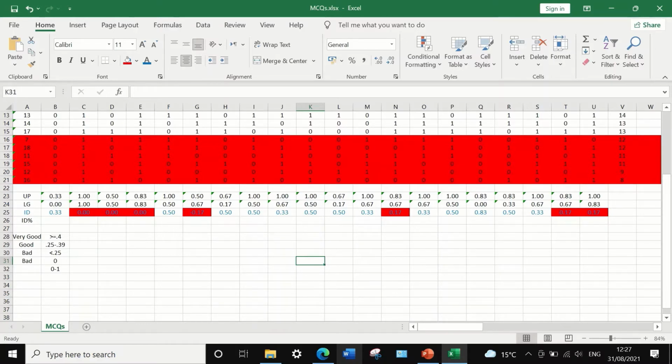So this is the way to do an item discrimination analysis in Excel. First you have to calculate the overall score, arrange the overall scores in ranks from high to low, and then group the students into upper and lower groups and calculate the proportion in each group, and then determine the ID value for each question. We could also do an ID percentage by